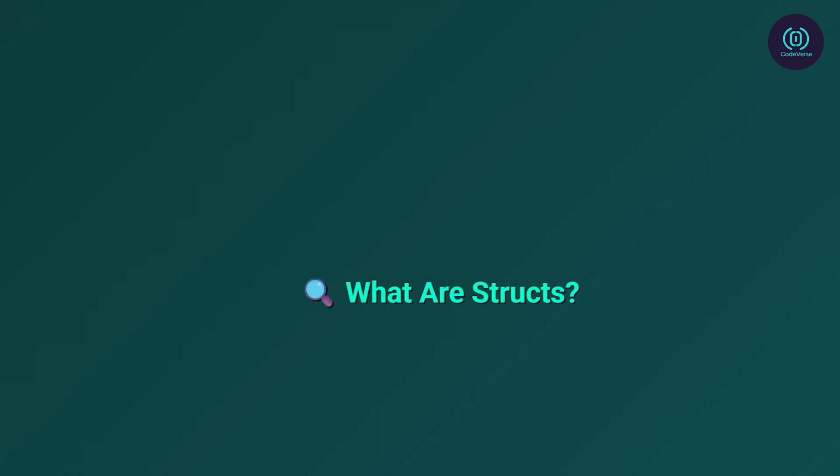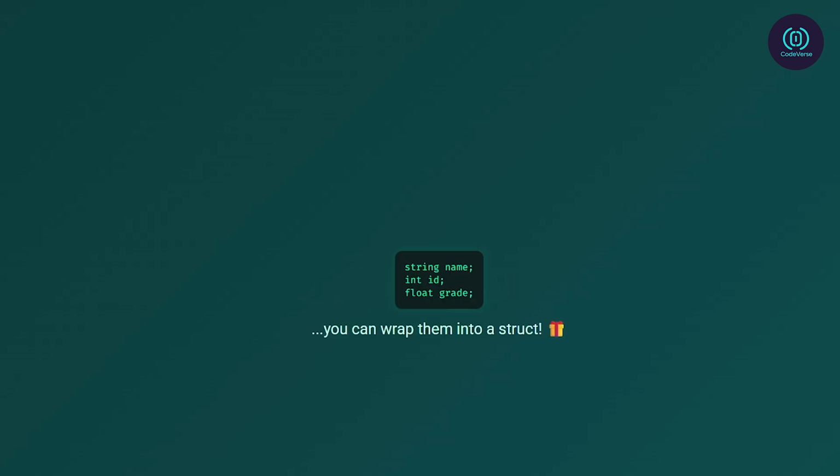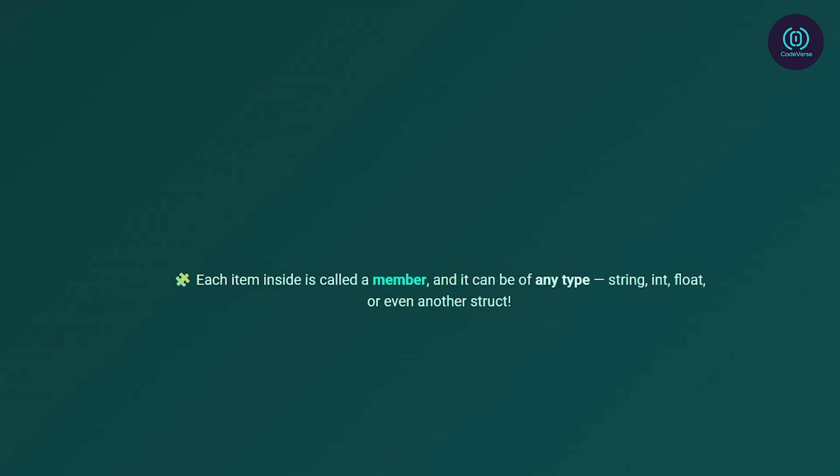So, what exactly is a struct in C++? A struct, short for structure, is a custom data type that lets you group multiple variables under a single name. Think of it like a container or a blueprint for an object. Instead of having separate variables for name, ID, and grade, you can bundle them all into one structure called Student. Each variable inside the struct is called a member, and it can be of any data type: string, int, float,